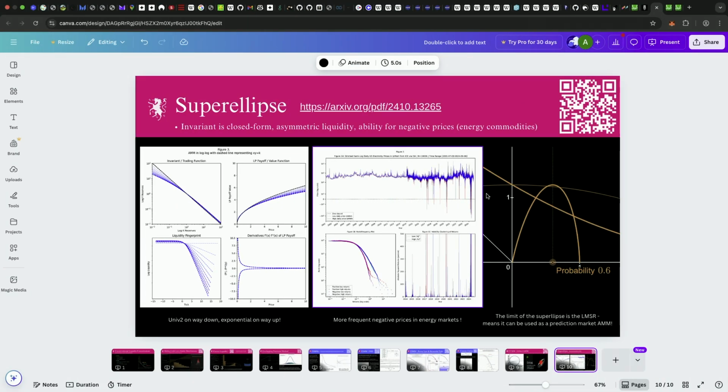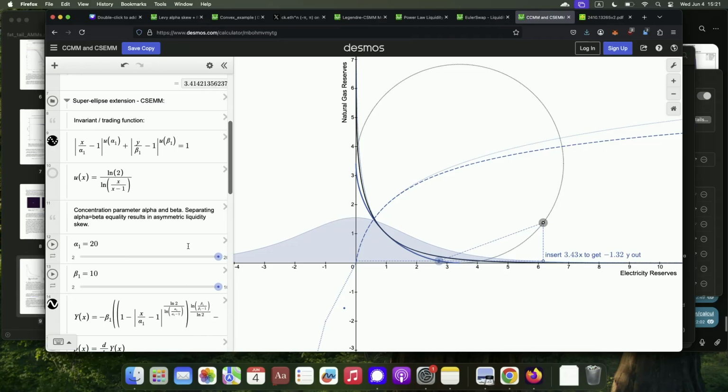And another really fascinating property of it is, I don't know how many of you are familiar with prediction markets, but one of the unique properties is that the LMSR is the most famous prediction market AMM, and it largely concentrates its liquidity around 50-50. And since the LMSR is actually related to the superellipse, the limit of the superellipse here is the LMSR right here, if we push it to a very high number,